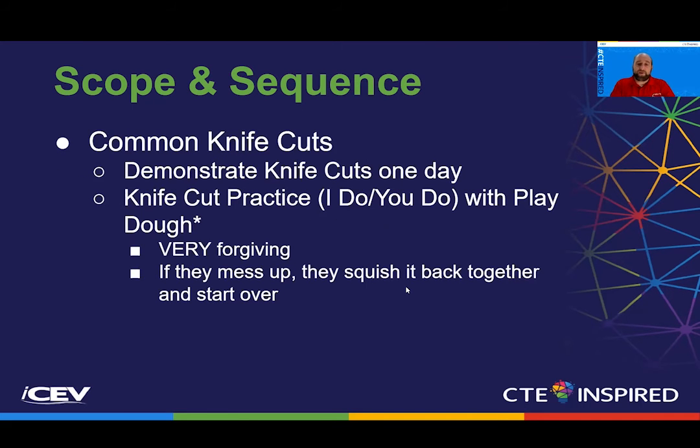We'll then demonstrate common knife cuts. I will demonstrate on real food. And then we'll do cut practice where I demonstrate on Play-Doh and then they do it. So I'll demonstrate a step and they'll do a step. I do that with knife cuts with our Play-Doh because it's really forgiving and it takes the pressure of wasting food off of a student at the beginning of their